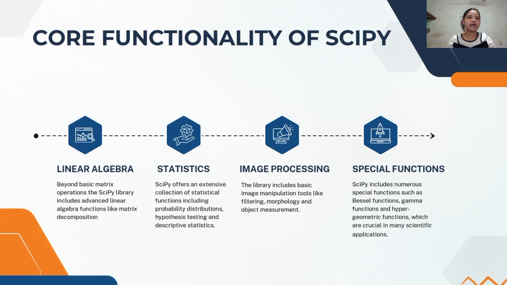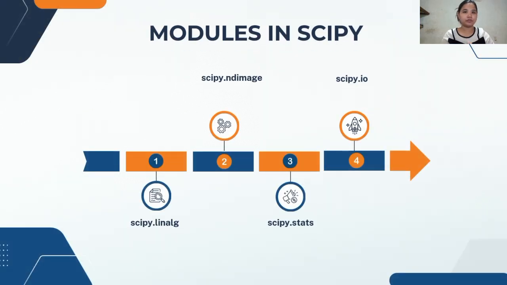So Scipy offers a wide range of functionalities, including advanced linear algebra functions like matrix decomposition. Second is an extensive collection of statistical functions for data analysis. The third one is basic image manipulation tools for image processing, such as rotation. The fourth one is numerous special functions crucial in many scientific applications. Scipy is organized into several modules, including scipy.linalg, scipy.stats for statistical analysis, scipy.ndimage for image processing, and scipy.io for